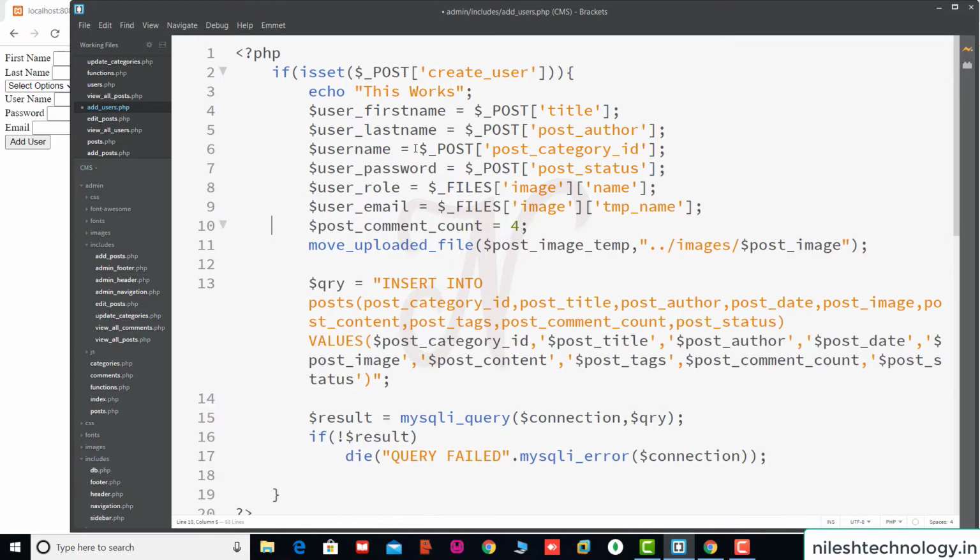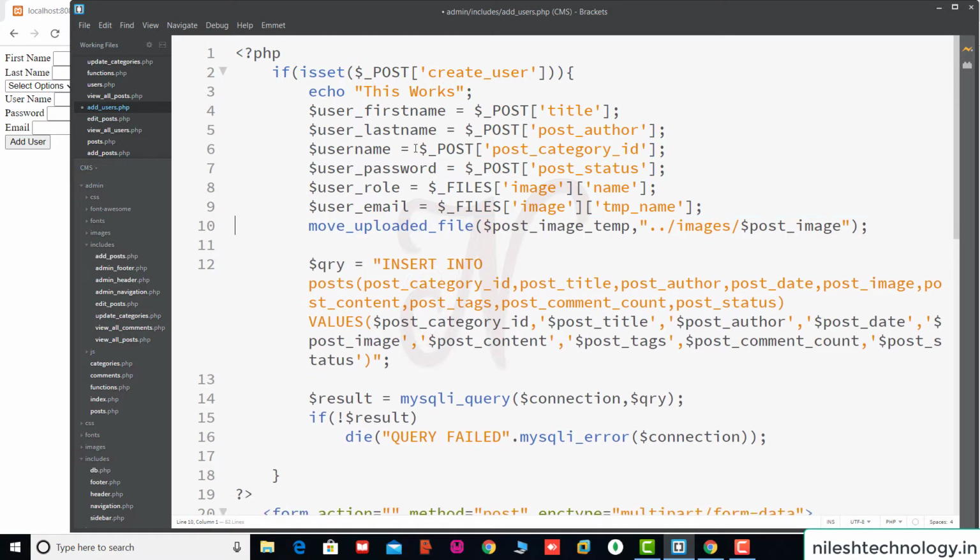We remove this one here. So here this is the user_first_name, user_last_name, this is the username, this is the password.